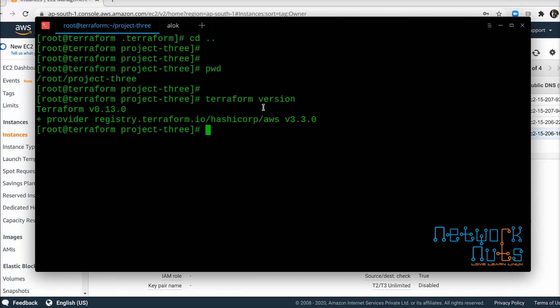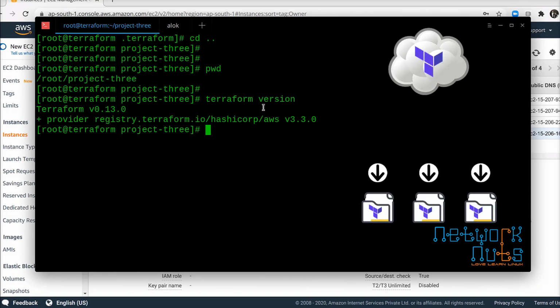But isn't it, I'm keeping a lot of copies, right? If I'm working on, say, 5 to 10 projects, a lot of disk space is used. Although it is less than 100 MB, yes, disk space is used for copying the same thing in multiple folders. That is consuming my disk space, as well as taking time, isn't it? Every time it goes onto the internet and downloads things, it's consuming my time. Yes, this is happening, right? So what can I do?